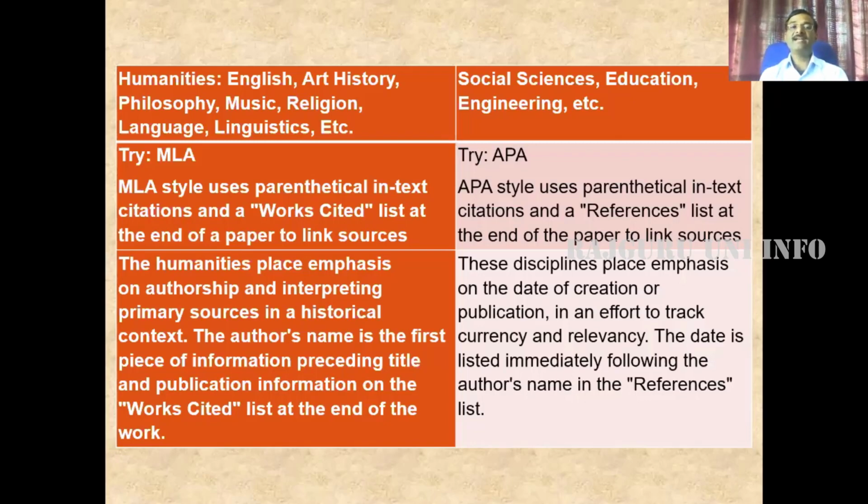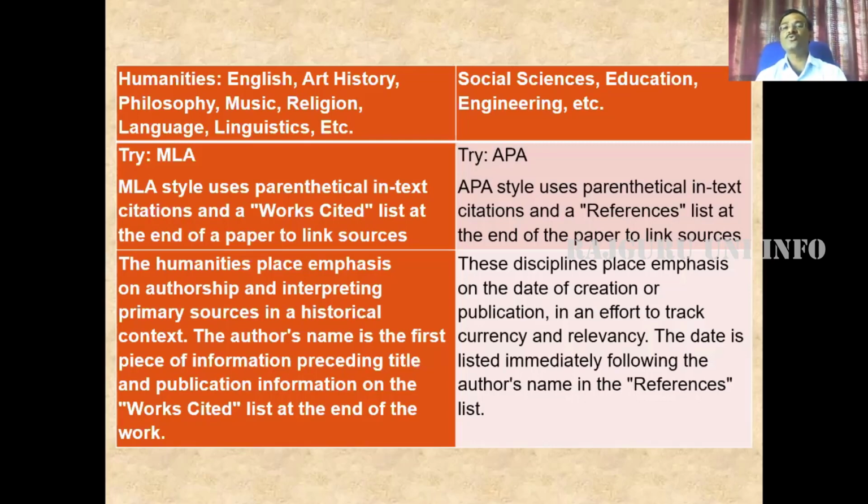The humanities place emphasis on authorship and interpreting primary sources in a historical context. So, the author's name is the first piece of information, preceding title and publication information, on the works cited at the end of the work here.